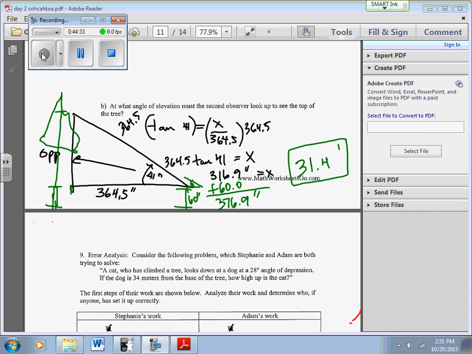So if the tree is 30 feet tall, that means the tree is 2 stories. If this was a building, 2-story tall. That sounds about right, isn't it? 31 feet, 31.4 feet. Now you gotta remember, we